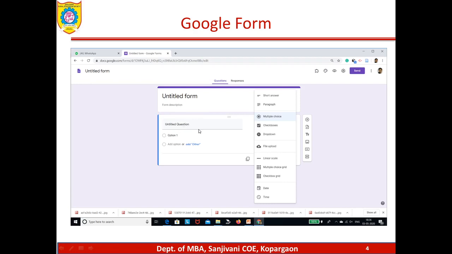There are various formats of questions. You can put a short answer question, paragraph question, multiple choice, checkboxes, or drop down.